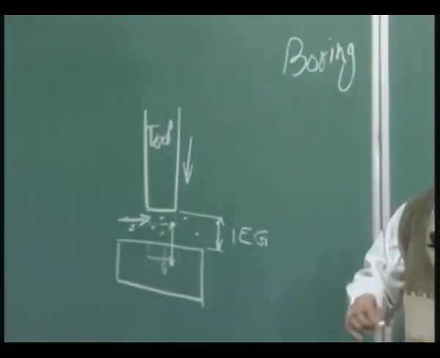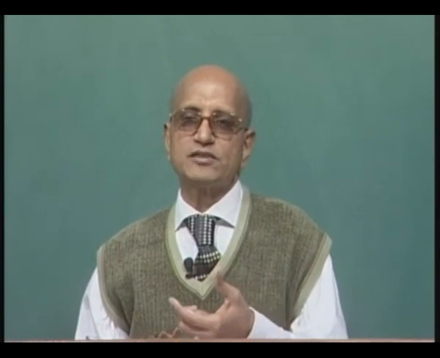On the same principle, because you cannot make a very large hole in one go by the ECM process either, otherwise it requires a high capability ECM machine. So, you can first make a slightly smaller hole by the ECM process itself, then you can enlarge it